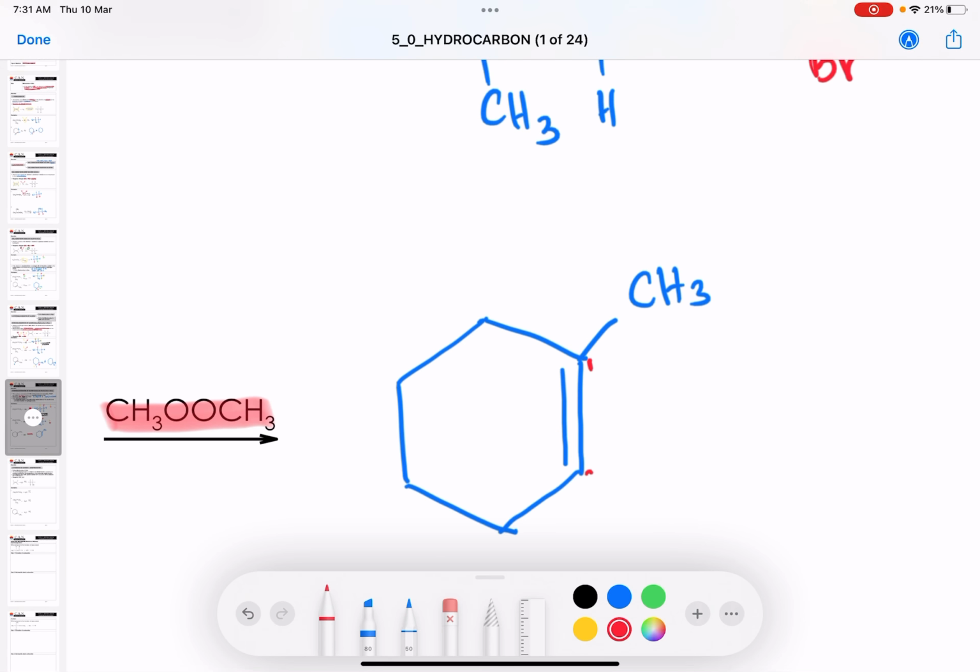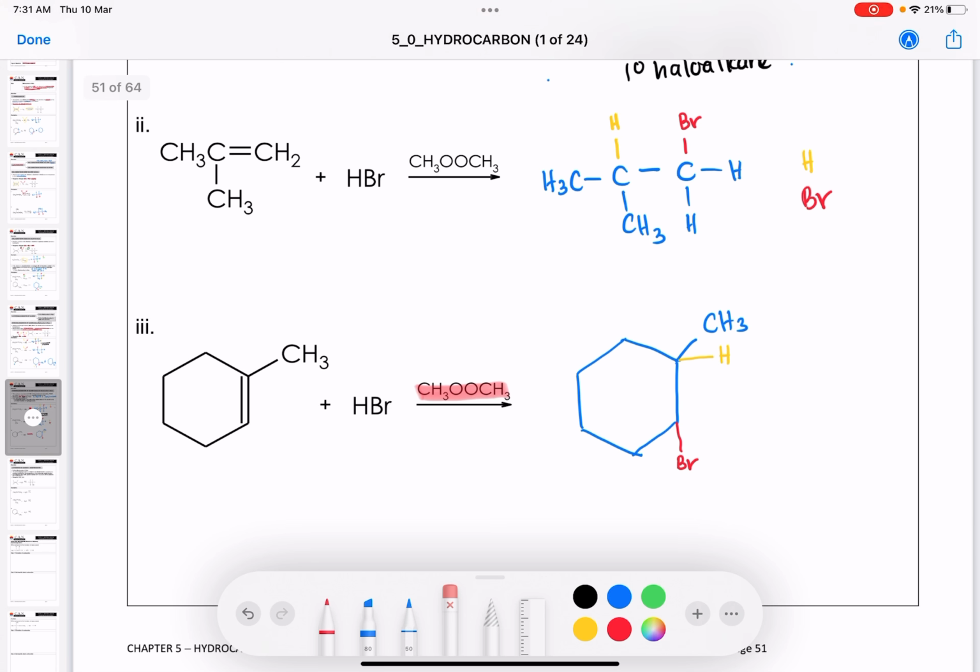So say this is carbon number 1 and this is carbon number 2. Therefore, hydrogen will go here and bromine will go here. Okay, so this is the reaction of hydrohalogenation of alkene, but following the anti-Markovnikov rule. Again, to make it happen, we only use HBr and peroxide. You have to add peroxide to it. Okay, so let's proceed with the next